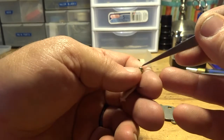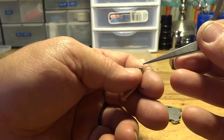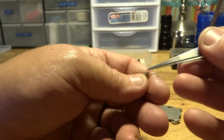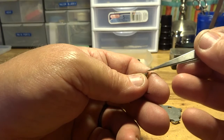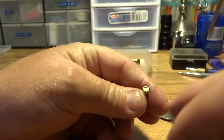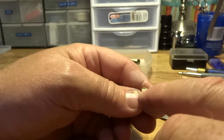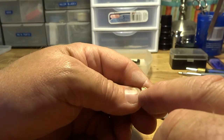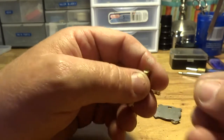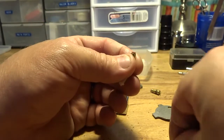All right, now this filter here might be a little thicker than you need, but it still works. Okay, so just get you a lighter like I showed you and grab the filter, grab the pressure regulator. You can call this a filter or pressure regulator, whatever you want. But behind it, there's like two of these little cloth woven cotton claws in there. These things are usually not dirty, and I leave them alone unless they're absolutely dirty and gummy, which they won't be. Usually all the dirt and gum comes right up to the top where this filter is,